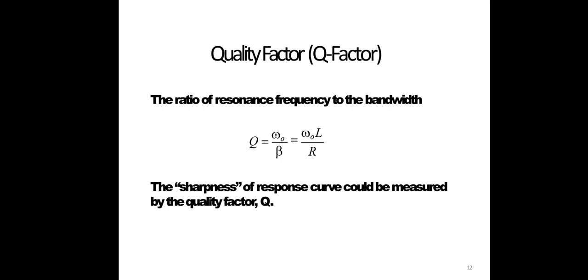So here the sharpness of the response curve can be measured by the quality factor, indicated by Q, which is nothing but selectivity by another name. Selectivity is always inversely proportional to the bandwidth, and inversely proportional to the resistance. Now take the three selective responses: it is a high Q circuit when the quality factor is greater than or equal to 10.